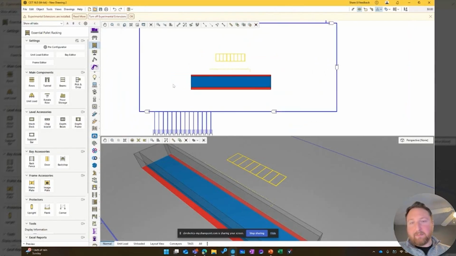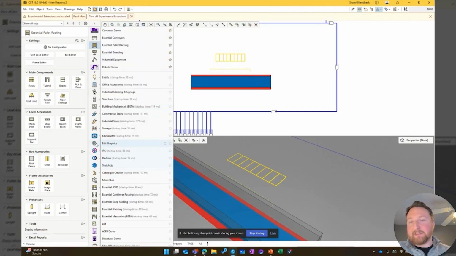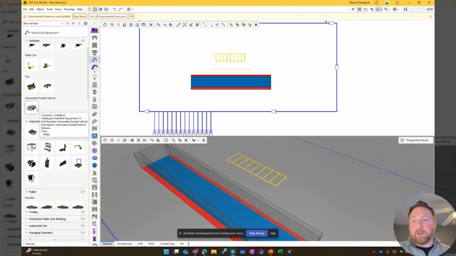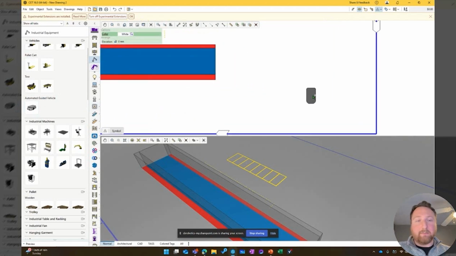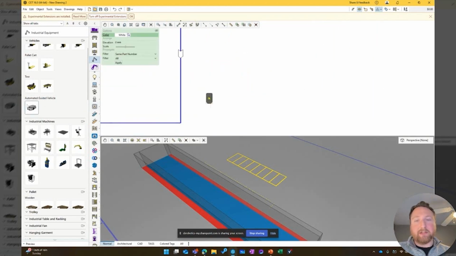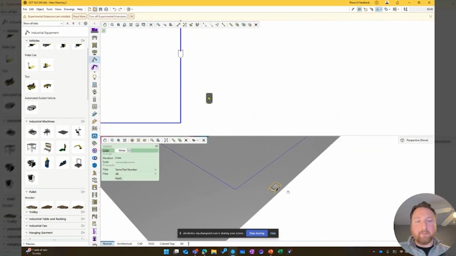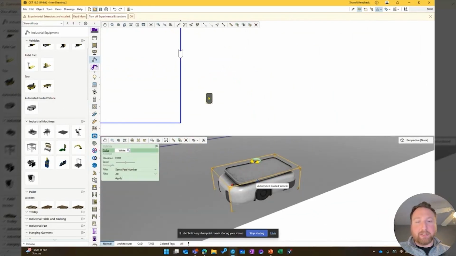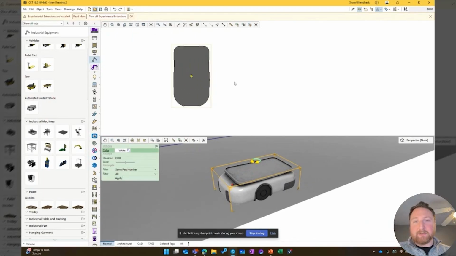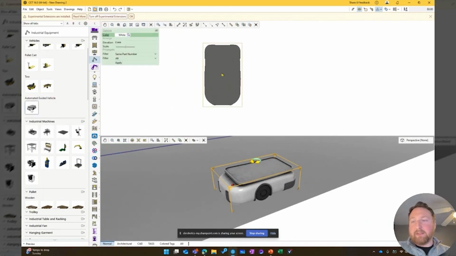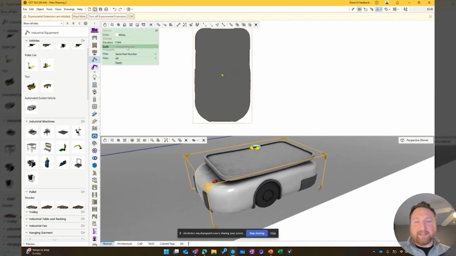And then one other tool, if you are working with vehicle blocks instead of paths, Edit Graphics is going to be your best friend. Especially if you're working on concepts where you maybe don't have good vehicle drawings, 3D models, anything like that. Edit Graphics is a really good tool just in general in CET, but especially in situations where you can drop in this generic AGV from industrial equipment, but maybe these dimensions aren't quite right. You do have the option to just scale it generally here,